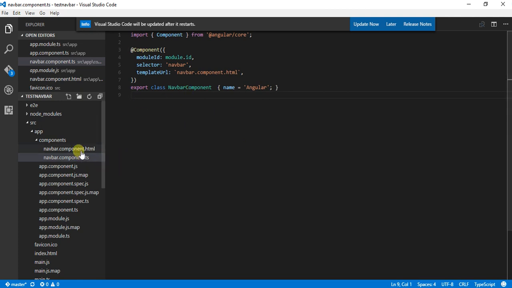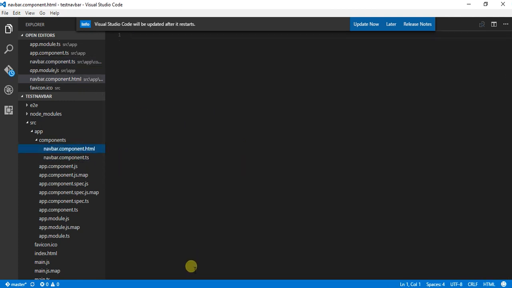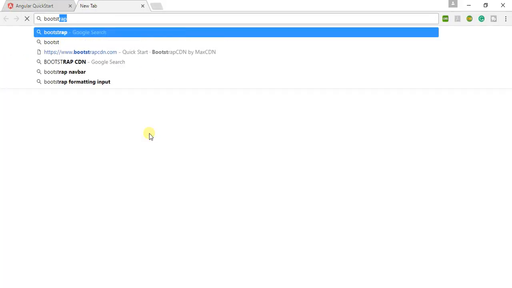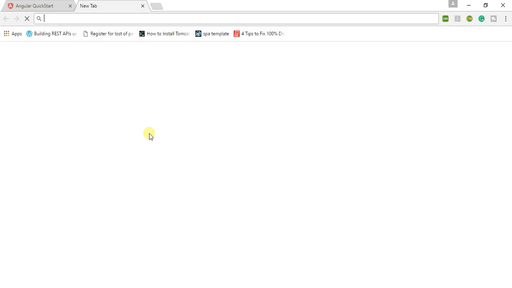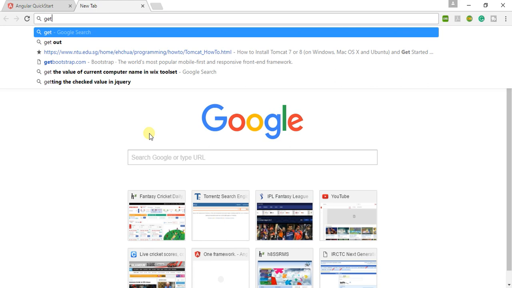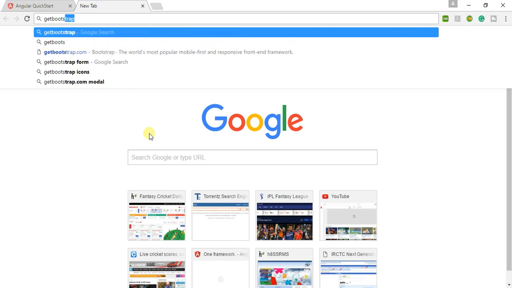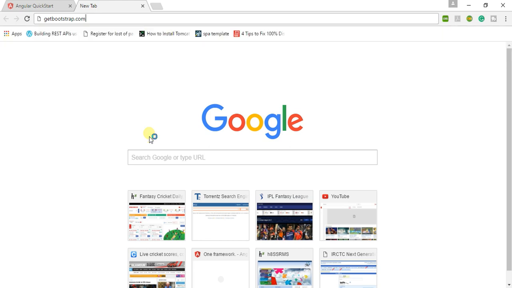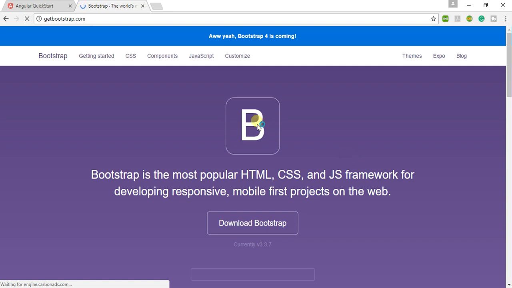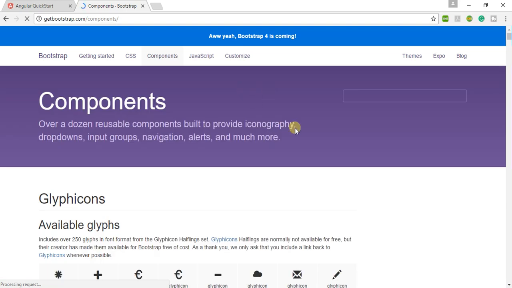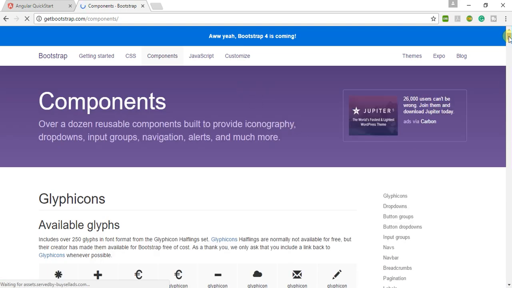After doing this, I am going to go to bootstrap.com, get Bootstrap, going to the components page.